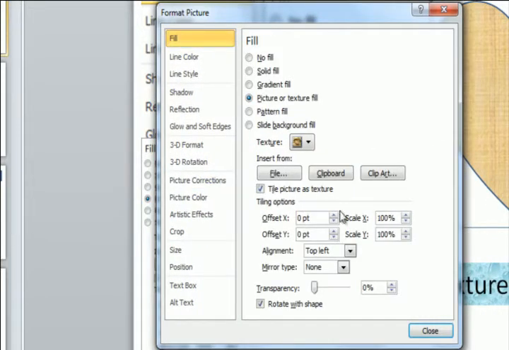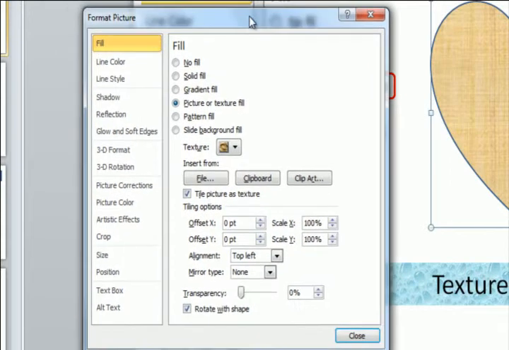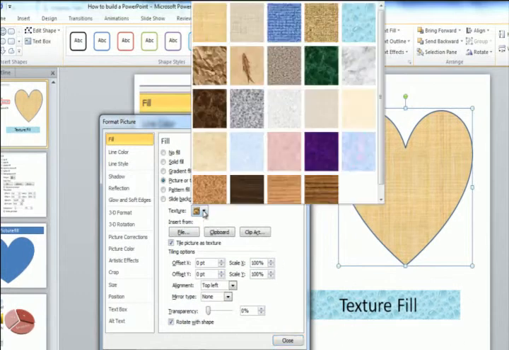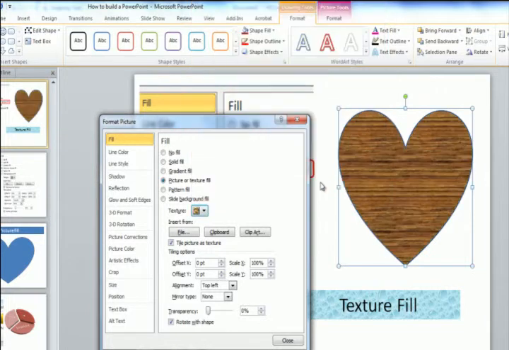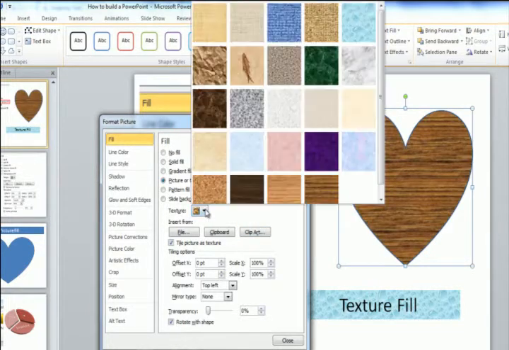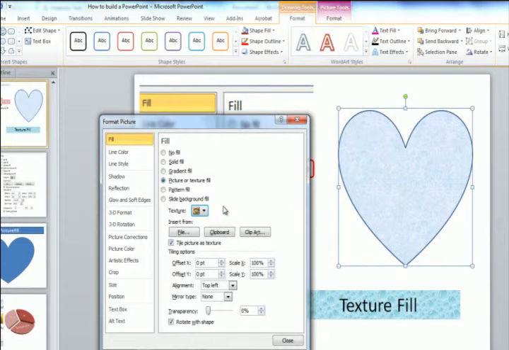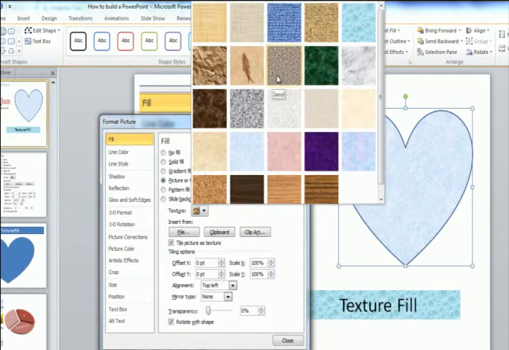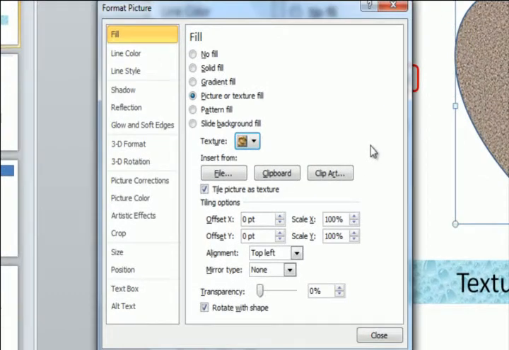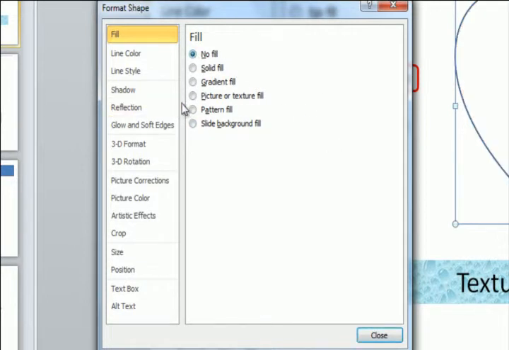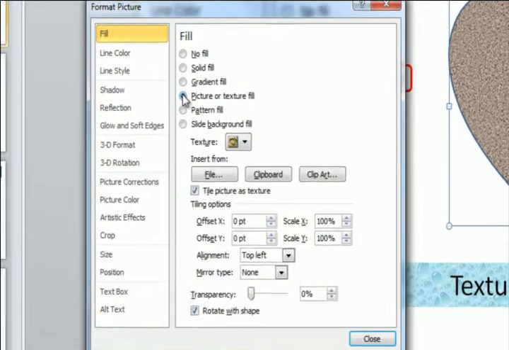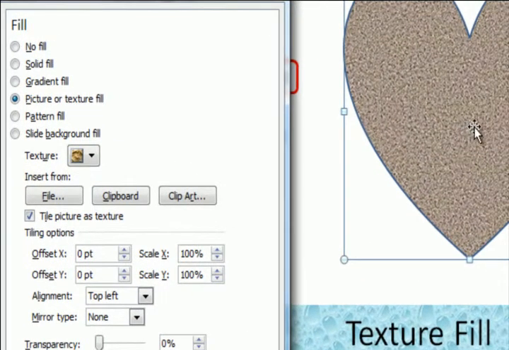This time I'm going to put in my fill what I want to fill with. Is going to be texture or picture. Right here we have preset textures. You can choose any of these and put it in there. We can also go back to no fill. Let's go back to picture. If we want to insert a picture into this,